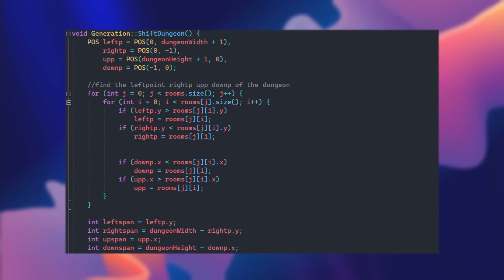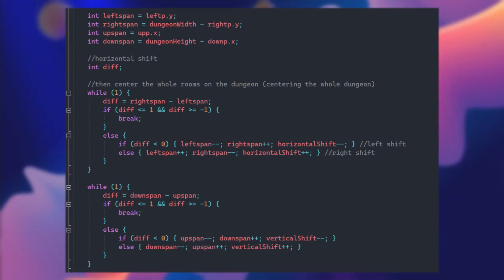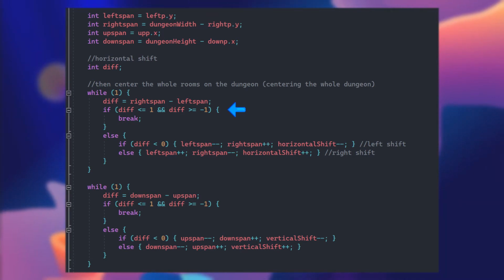We then get the difference between the dungeon's maximum and the actual size, which is the span. We now use the spans to shift the whole dungeon till it's centered on the map. We take the difference between 2 points on one axis. If the difference is equal to 0, 1 or -1, then it means that the dungeon is already centered on